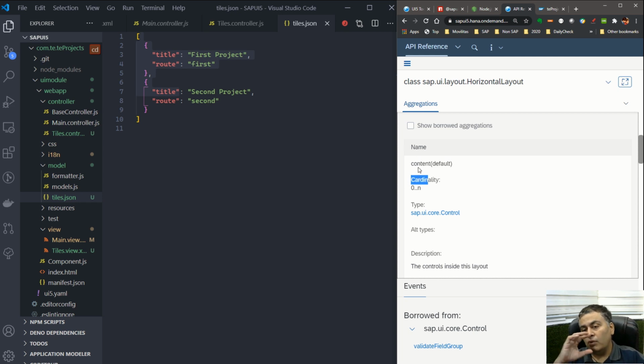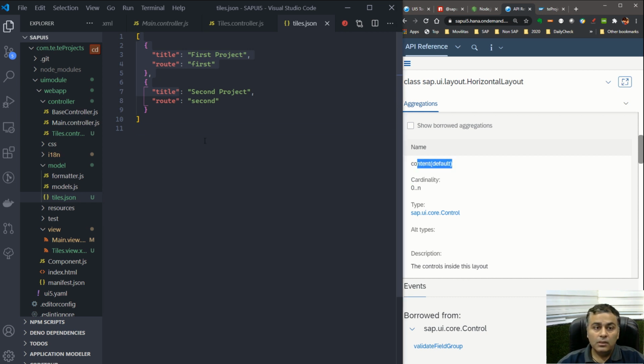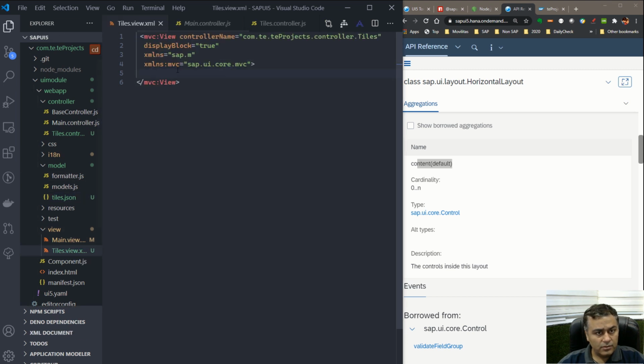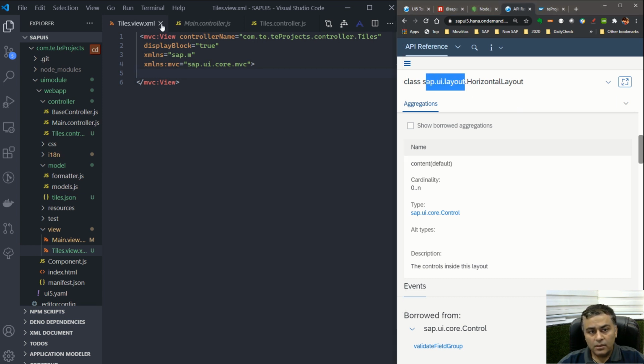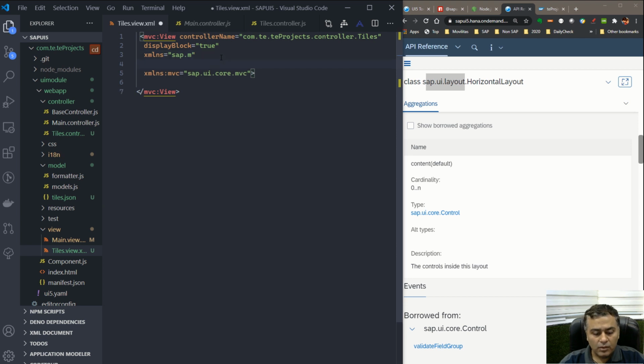So what if we have one horizontal layout, inside it I give one tiles, and I bind this horizontal layout to this model which is created on tiles, so it will automatically loop through it and generate those tiles. And for the sake of simplicity, I will keep this horizontal layout inside a vertical one. Okay, so let me just open a tiles, right? And since this belongs to a layout class and we don't have it, I will create that tag here. xmlns:l is equal to